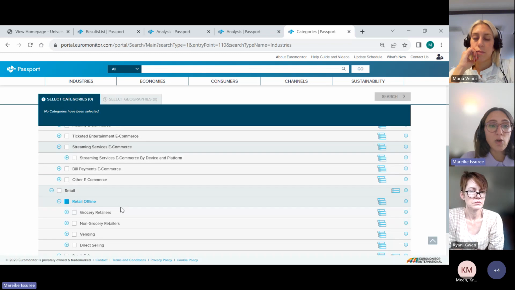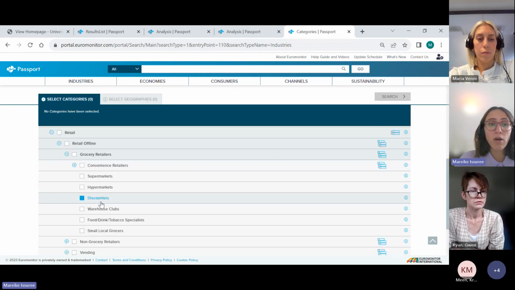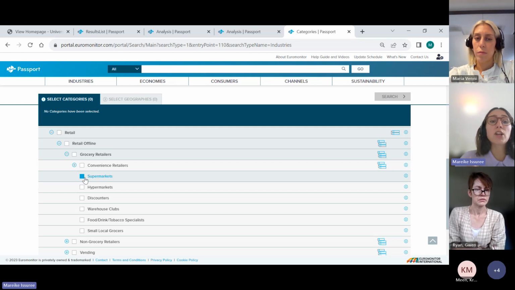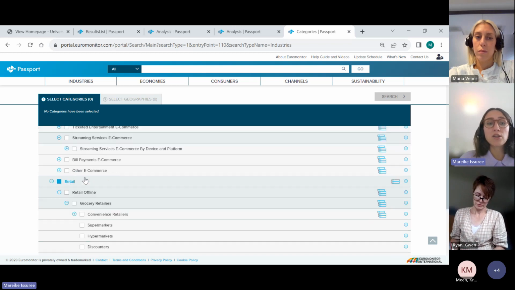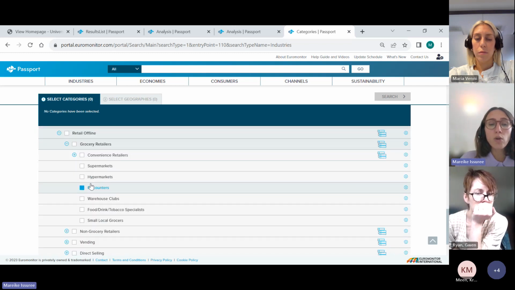So if I open this up, you can look at sales. So that would be then total sales of, let's say, supermarkets in Ireland. Whereas if you go into a different industry, like alcoholic drinks, you could see how much is sold of alcoholic drinks in a market. But that would then look at all channels, not just supermarkets. So here at the top, if we go into industries, alcoholic drinks, you would see the sales of that product across all channels. Whereas retail allows you to look at all sales through specific retail sites like supermarkets, like discounters,